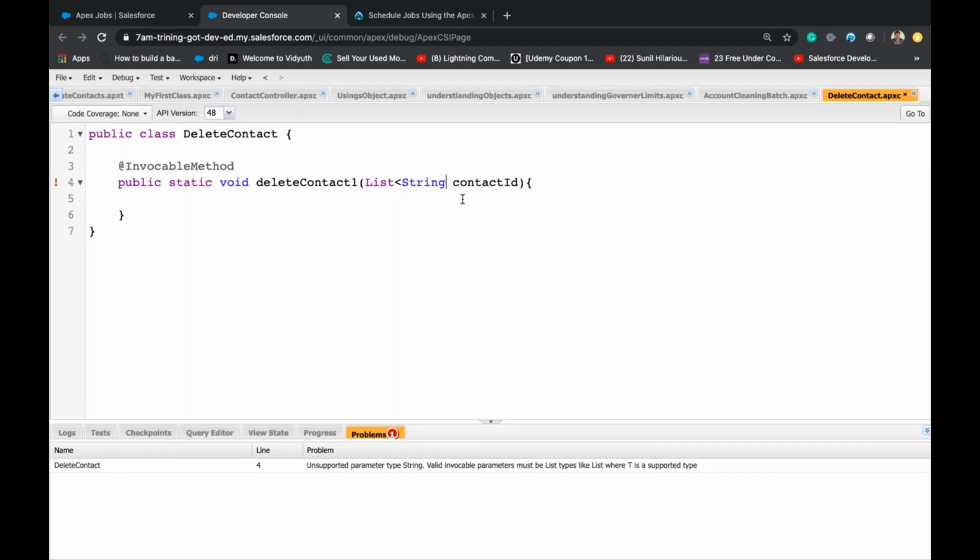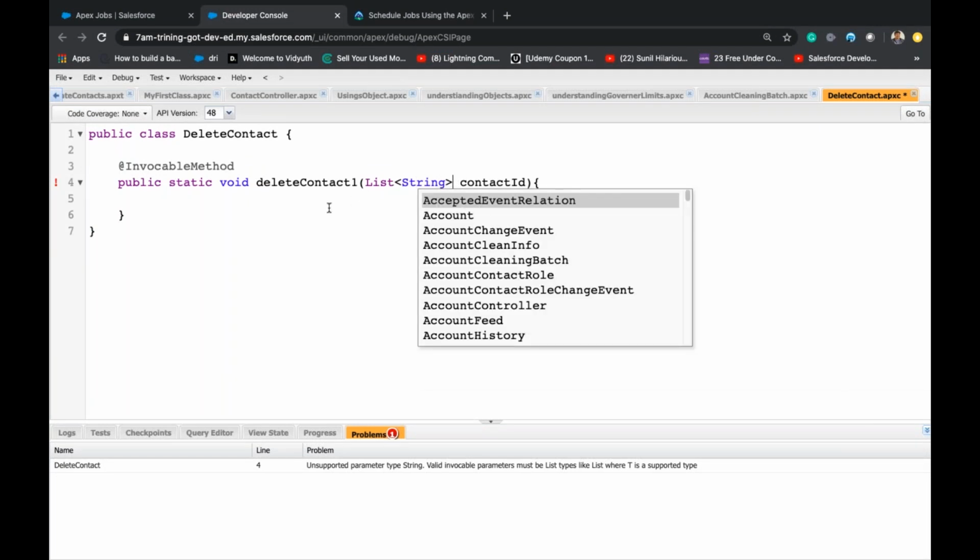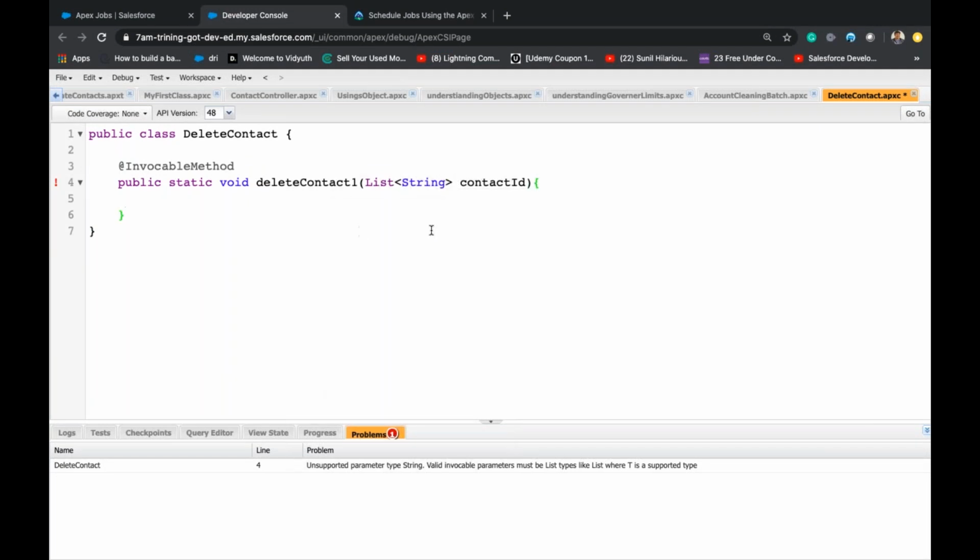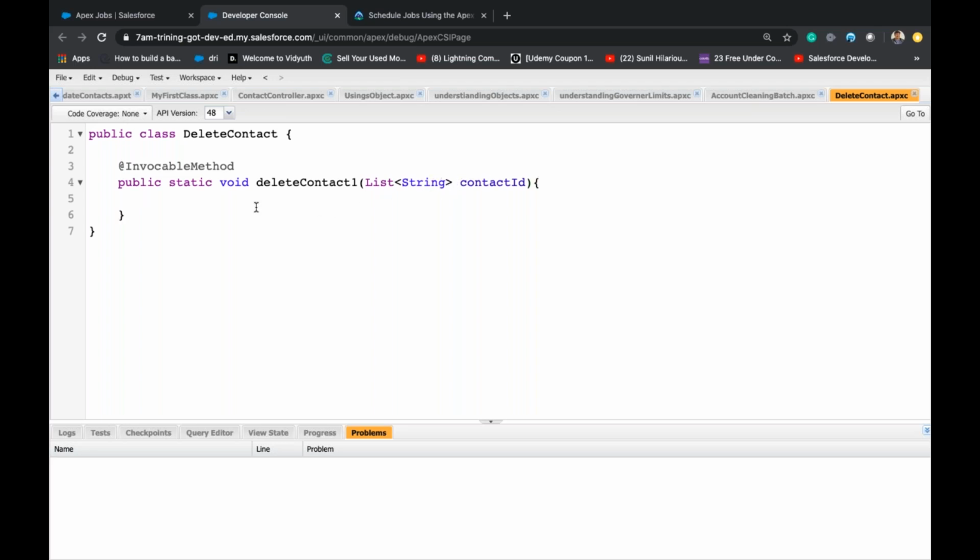So, okay, now list of contact ID, then query.